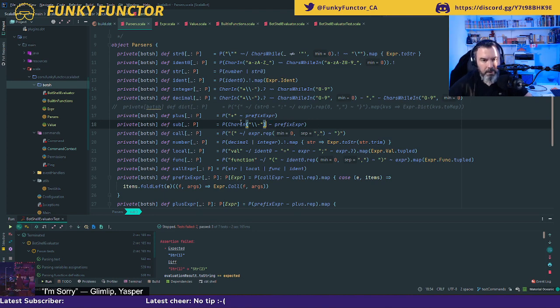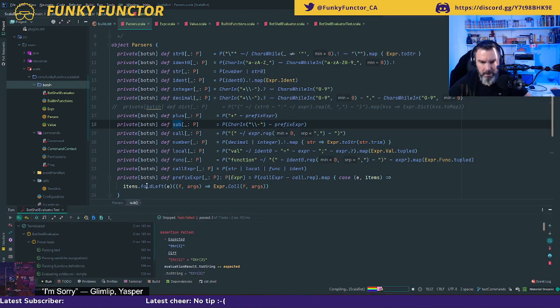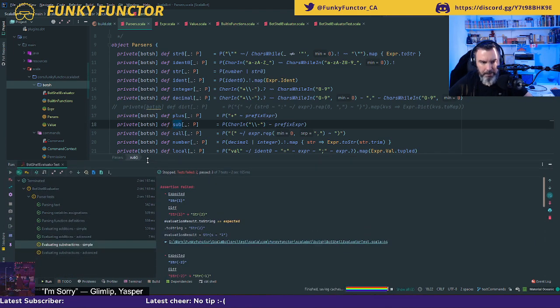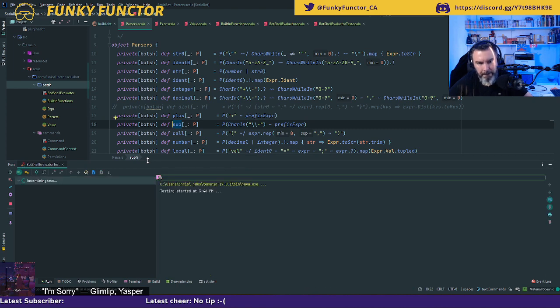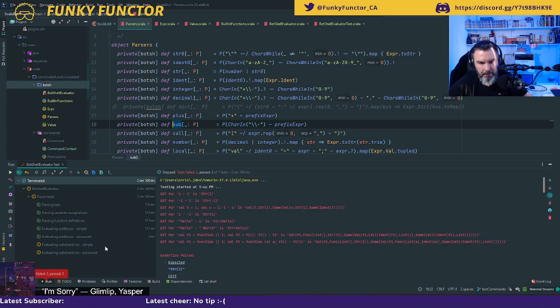So CharIn, and in his example it was using plus and the escaped minus. So let's try that. Maybe it won't change anything, but at least I can try. Yeah, still not. Okay, at least I tried.